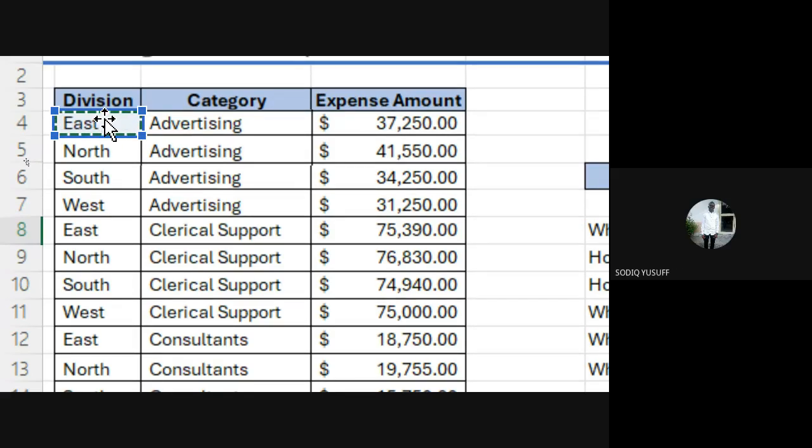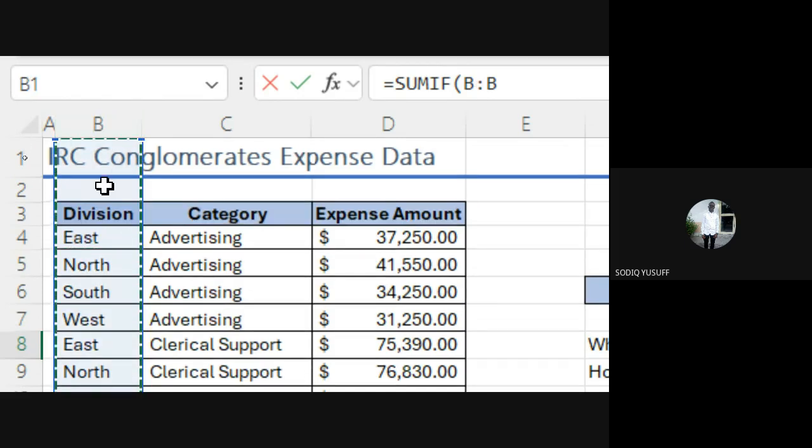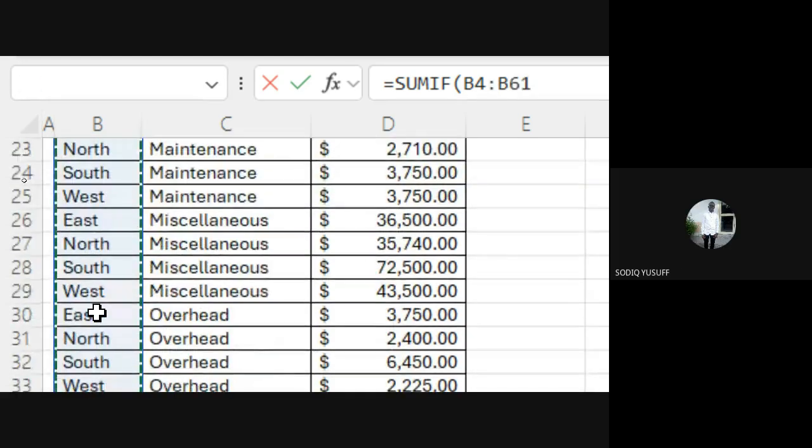I want to get that now. So you're going to highlight everything you have under the division. And mind you, you should not highlight from the column header at the top. What you should do is start from the first data directly under the division column, then highlight downward. Who can remind me what is the shortcut for highlighting? Control, Shift, then page down. Not page down, arrow down. Control, Shift, and your down arrow key.